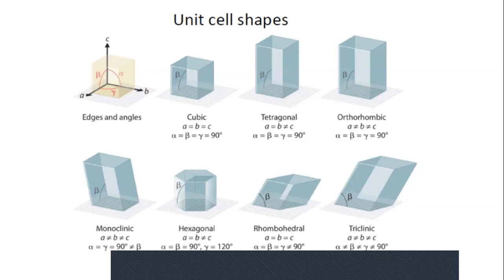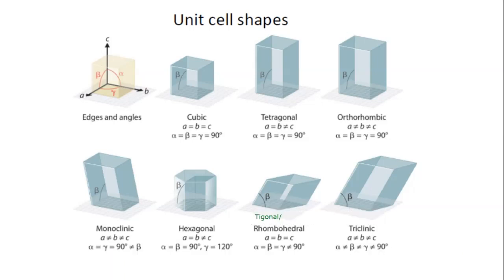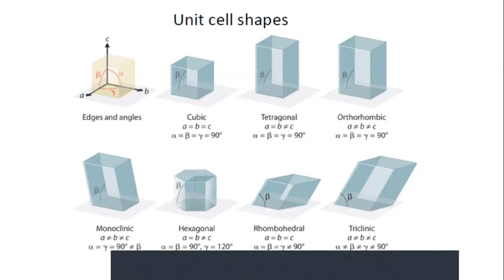Sometimes you may see rhombohedral, sometimes you may see trigonal, but they're the same crystal system. Rhombohedral is actually a subset of trigonal. So don't be alarmed if you see rhombohedral or trigonal. They're considered the same